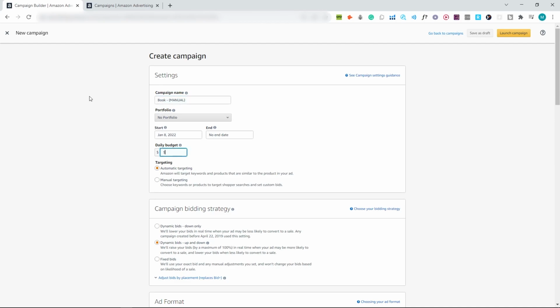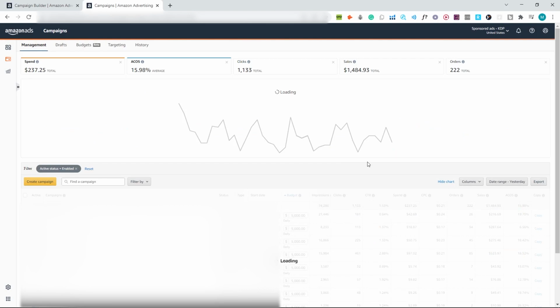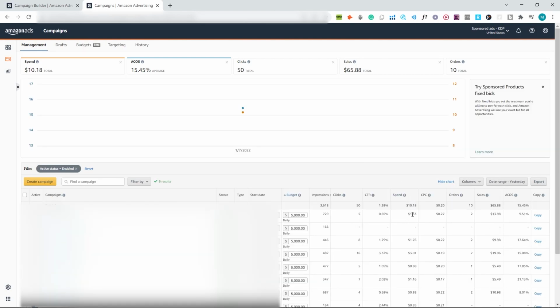For me, I do $5,000 a day, but this is just to make sure that it never stops running throughout the day. Because if I give you an example, let's say how much I spent yesterday on each campaign, there was no campaign that went over $5. This spent $1.30, this spent $1.70, this spent $3, and on and on. So no campaign has spent over $5, which just makes you comfortable. Even if you put in $5,000 in the budget, you're not gonna reach that. You're not gonna go anywhere near that. In fact, it will be so much far away from that. It's gonna be like $1, $2, maybe $5, depending on your niche.